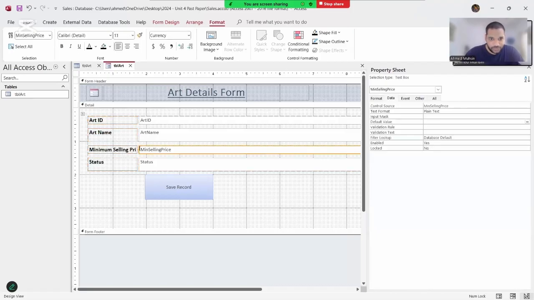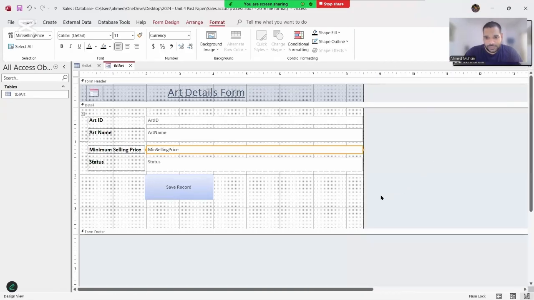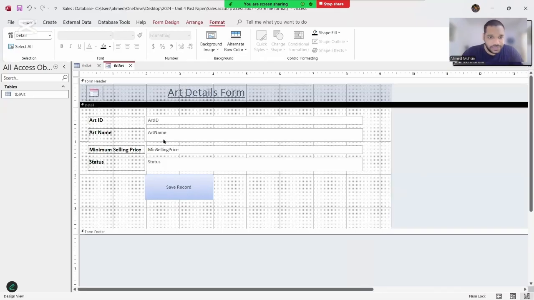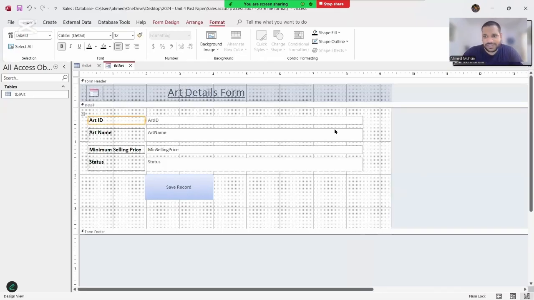You can see we have a small problem over here. Okay, minimum selling price. Then also what I'm going to do over here is I'm going to indicate which fields are going to be automatically filled. And we also have another problem over here. You can see all the fields are the same length, but that's not necessary. Art ID is a field that has only a few characters. It can be made a lot smaller. But thing is, when I click on this field and make it smaller,